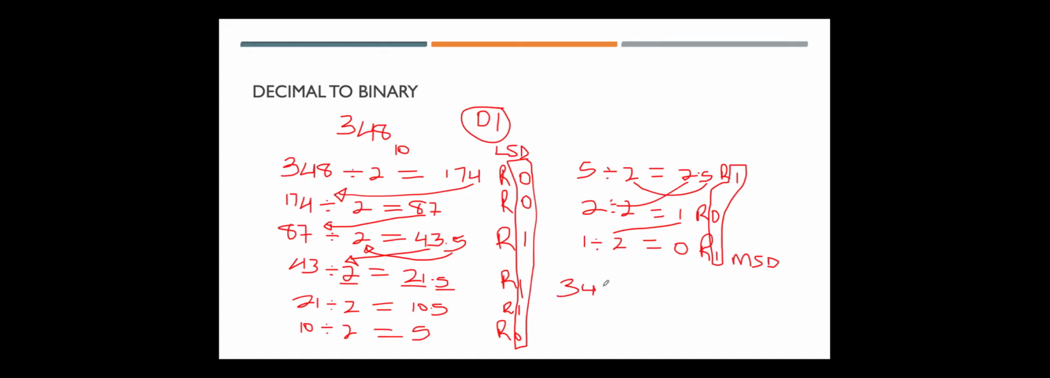So meaning that we are going to have 348 will be equivalent to, now we are going to record it from bottom going up until we reach here. So we are going to have 1, 0,